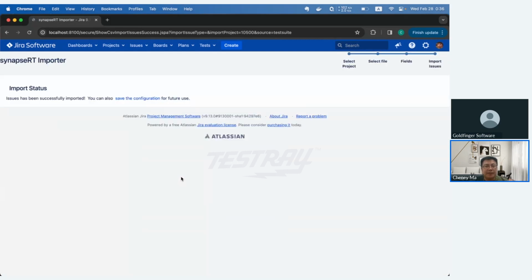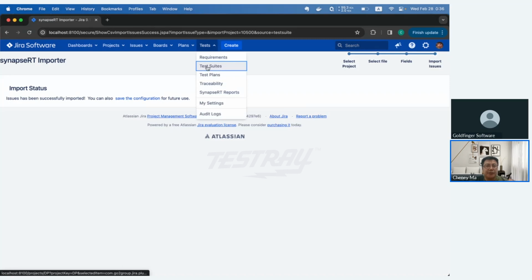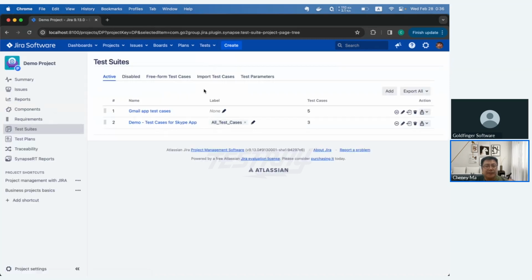It's quite easy and convenient. It has been done. Now let me switch to the test suite again. You see the Gmail app test cases. Previously I had created 2 test cases there, and now you see there are 5, which means a total of 3 test cases were imported from the CSV